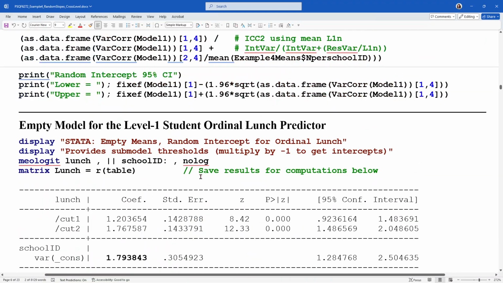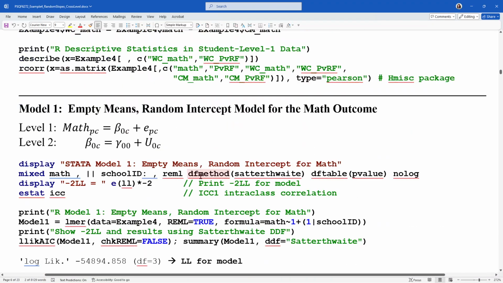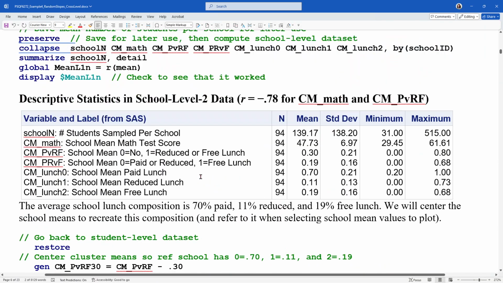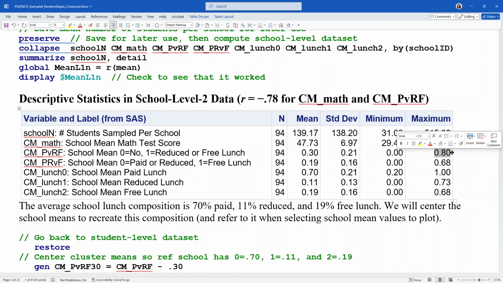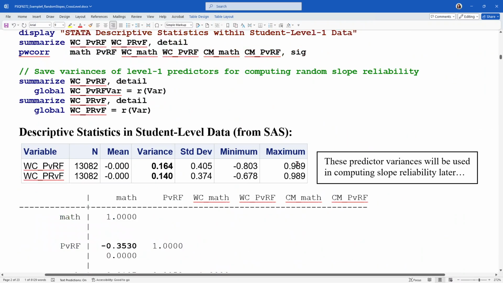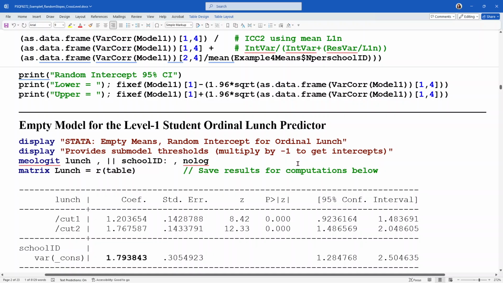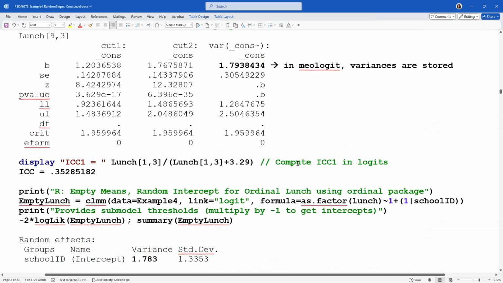Yes, indeed. And if we look up at the range and just descriptives in the data for a second, the proportions in this data set range from 0 to 0.8. So there are some schools where no kids get free lunch or reduced lunch, and there are schools where 80% do. Quite a variety. So there's a signal there in terms of school differences we're going to need to watch for. Now to your question,